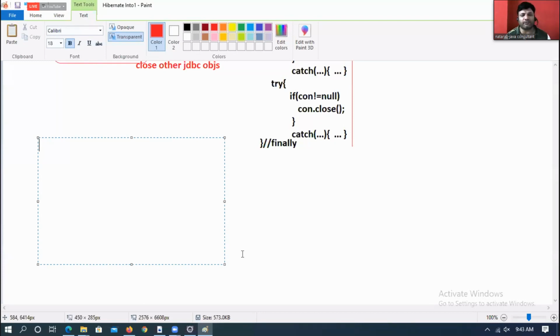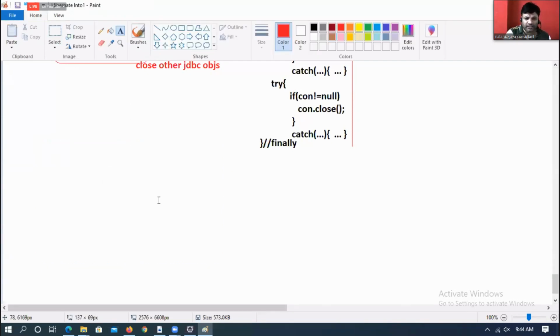But one problem is there if you go for try with resource. We cannot do transaction management properly. Commit and rollback methods are there: if everything is smooth, commit; if something is wrong, roll back. That we cannot do. That's the reason whenever you want to do transaction management, try catch finally is better, not try with resource. Anyhow, right now that is not our discussion.